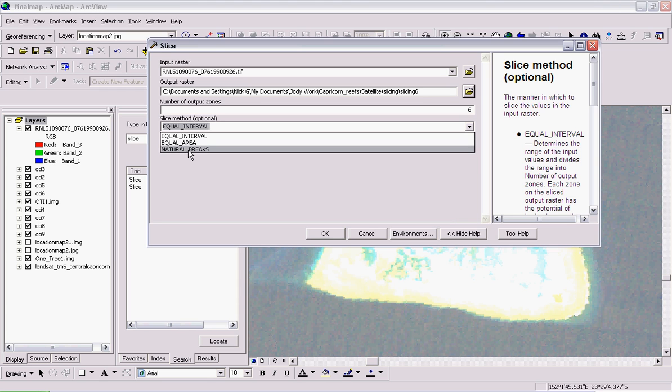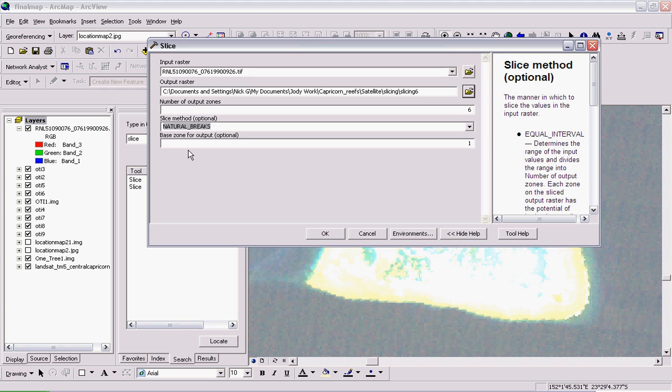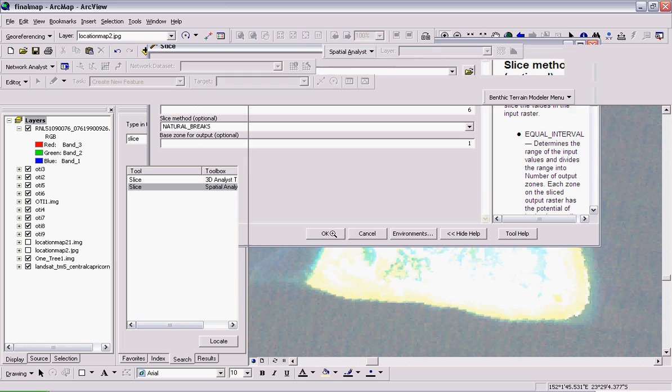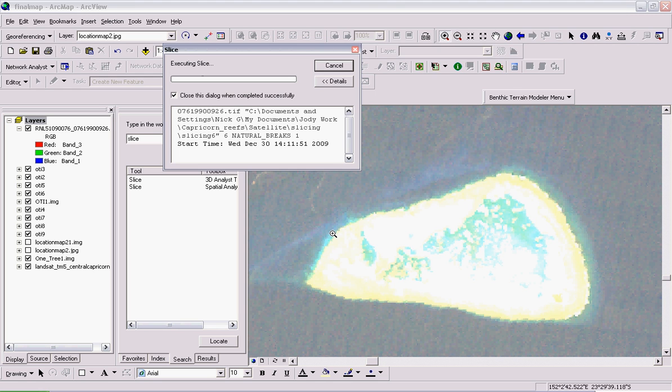Natural break seems to be the best, which makes sense because it's sort of finding groups which have similar characteristics and matches them together, and finds a sort of natural break between them rather than an equal break. If you think about a sort of curve and dividing up a curve, sometimes you want the natural breaks rather than equal. You don't need to worry about the base zone, so just press OK, and then it will